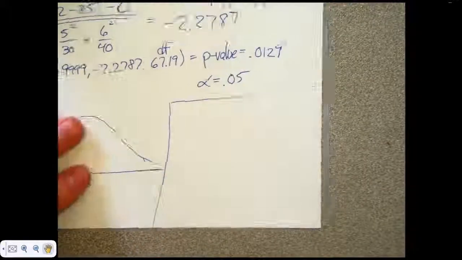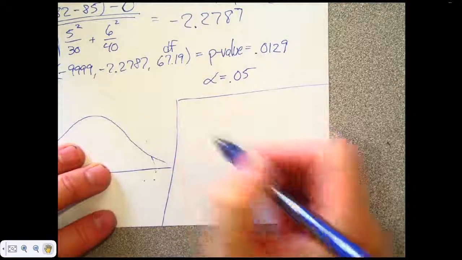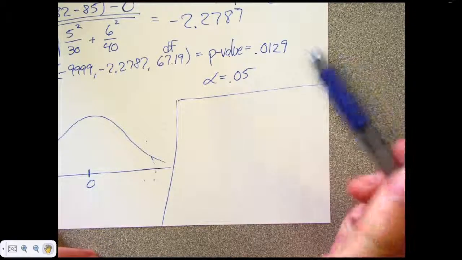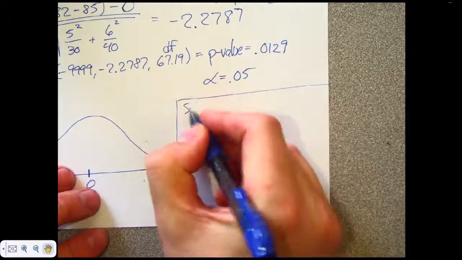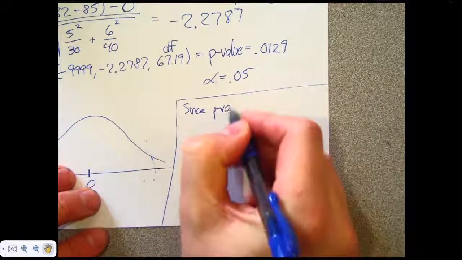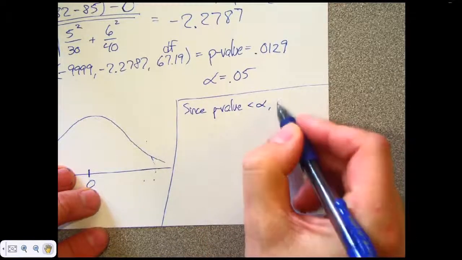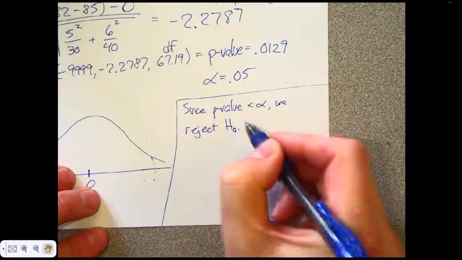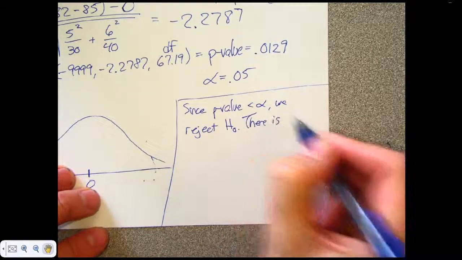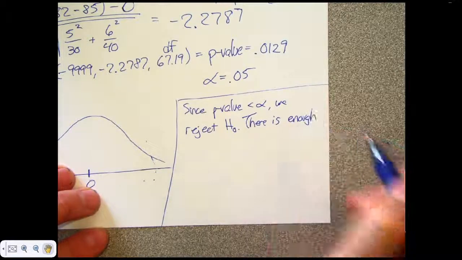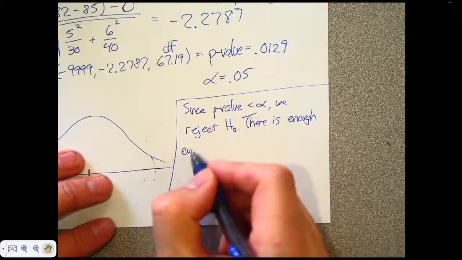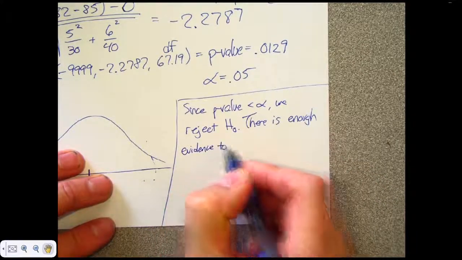Okay. So, am I rejecting or failing to reject? Rejecting, right? Why? P-value is less than alpha. Makes sense. P-value is less than alpha. We reject H naught. So I'm rejecting H naught. That means I think AJ is better, or I wouldn't have rejected H naught in the first place. So there is enough evidence